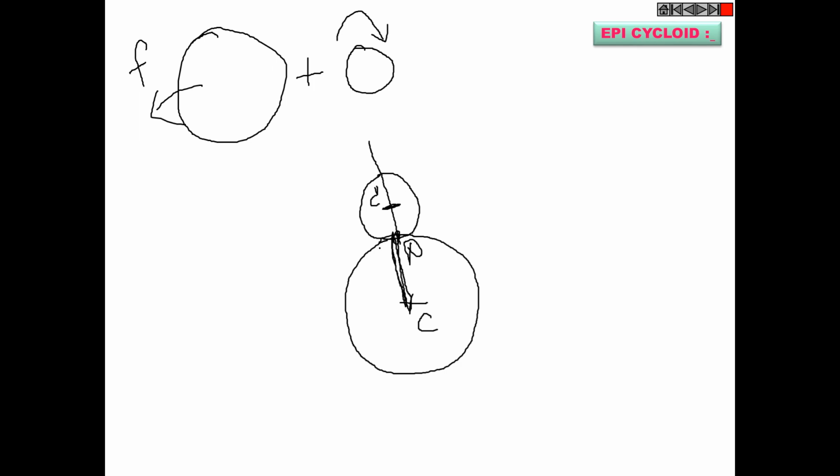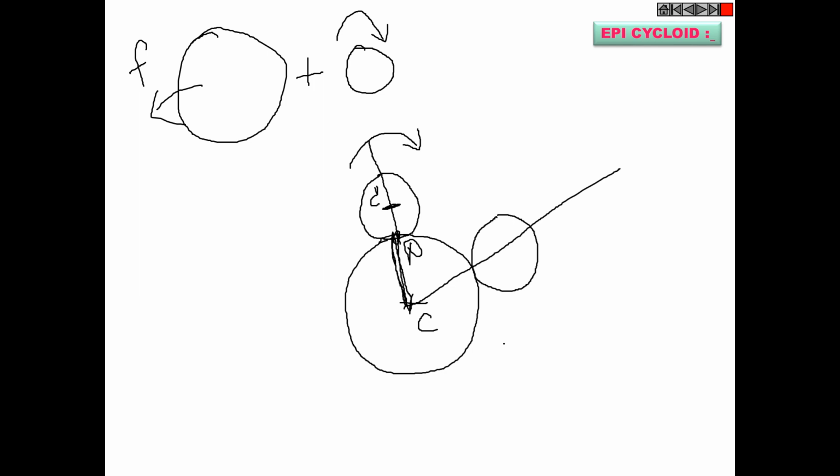So what I am telling is that if you want to get an epicycloid, you have to roll this smaller circle on the outer periphery of the bigger circle for one complete rotation. That means 360 degrees. When this smaller circle has rotated 360 degrees completely, then you will get one epicycloidal teeth profile. Let us assume that after time t equal to 10 seconds, the smaller circle has rotated by 360 degrees. That means the position of the smaller circle is this position.